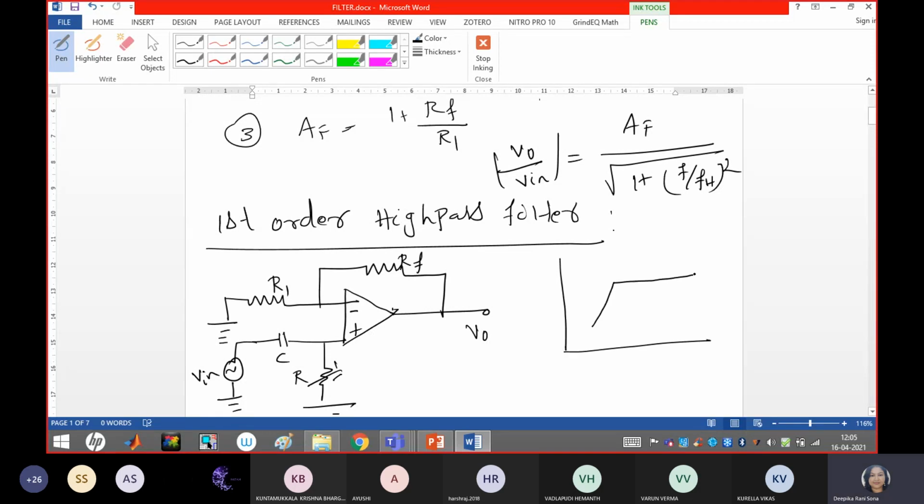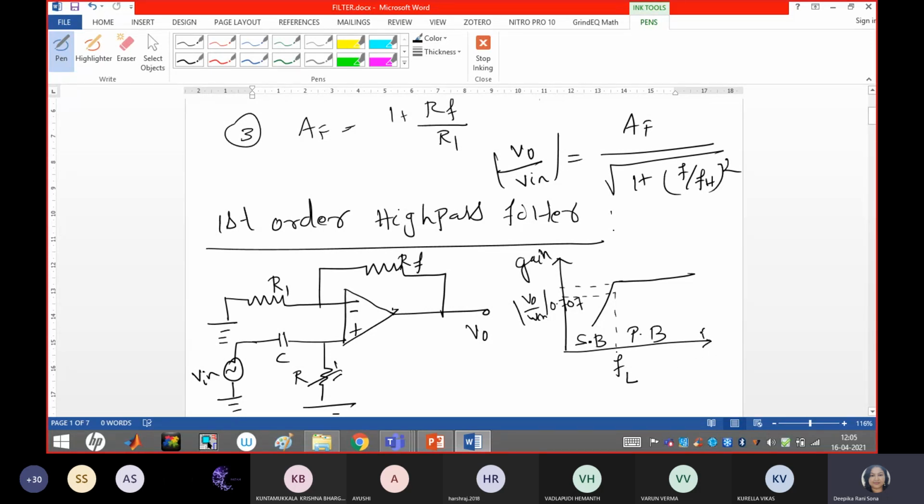The practical one will be like this only. So this is the gain axis. Gain means we are dealing with the voltage gain equation, magnitude of V naught by V in, and this is that 3 dB cutoff point. This is the 0.707 point. So this is your stop band, while this is your pass band. And this is called your cutoff frequency FL, which stands for lower cutoff frequency.